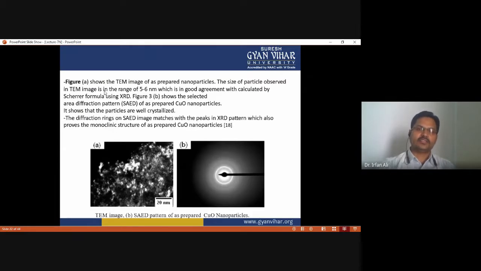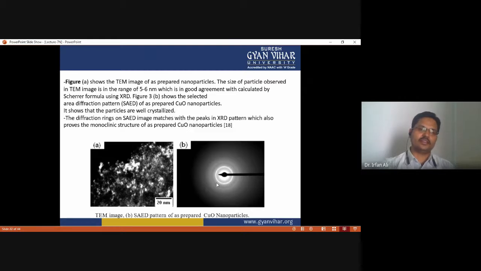and this figure shows the transmission electron image of the prepared nanoparticle, and the size of particles observed in the transmission electron microscope image is in the range of 5 to 6 nanometer, which is in good agreement with that calculated by the Scherrer formula using XRD. And this figure shows the selected area diffraction pattern of the prepared copper oxide nanoparticles